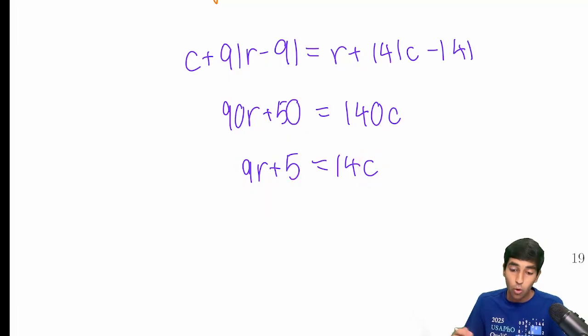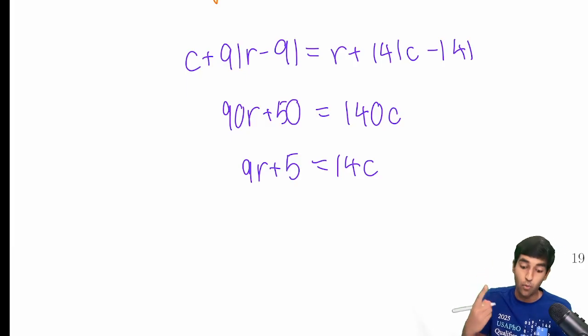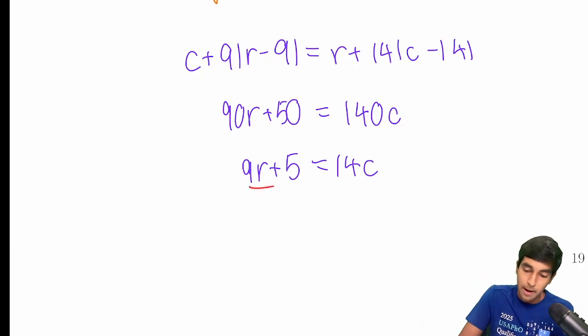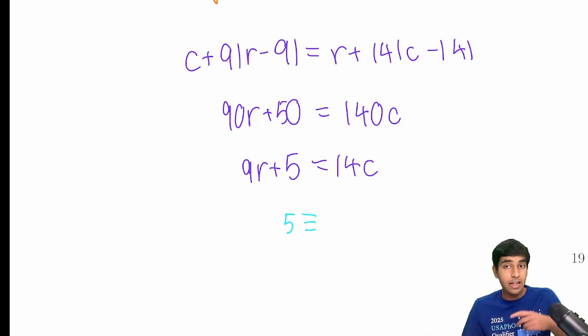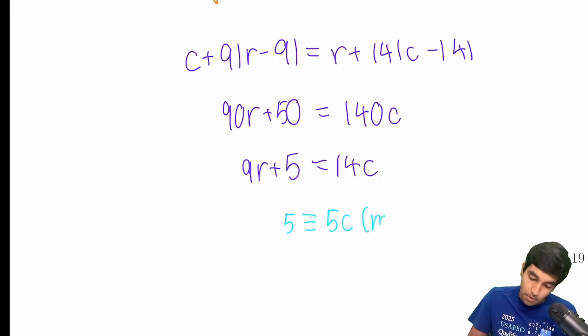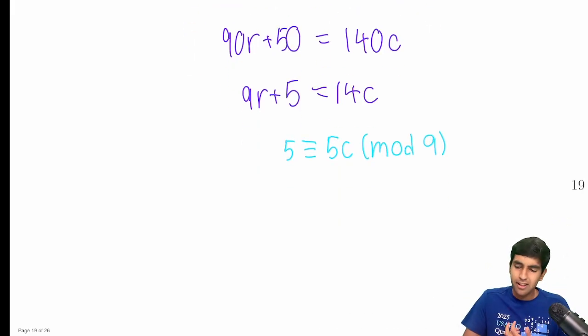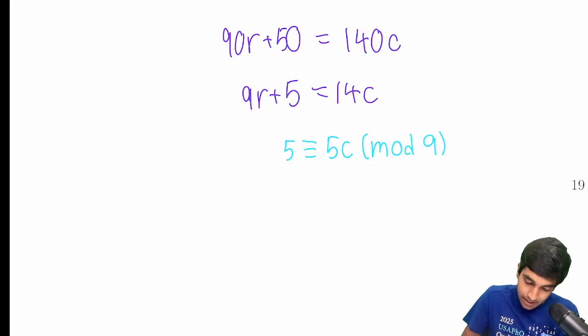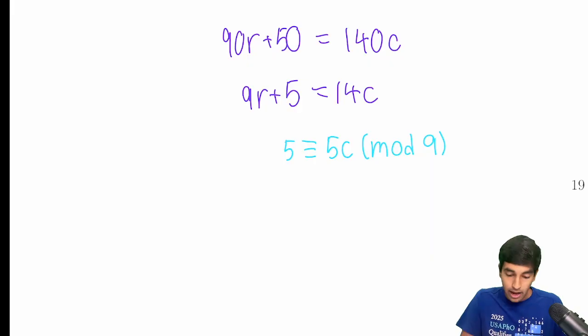Imagine we take this whole equation mod 9. Why 9? Because then this will go away. But we would get that 5 is congruent to 14C, which is the same as 5C mod 9. So 5 is congruent to 5C mod 9. And we can divide by 5 from both sides. The reason is because 5 is relatively prime to 9. So we're good here. And we get that 1 is equal to C mod 9, or we'll just say C